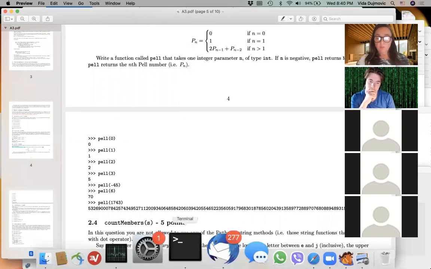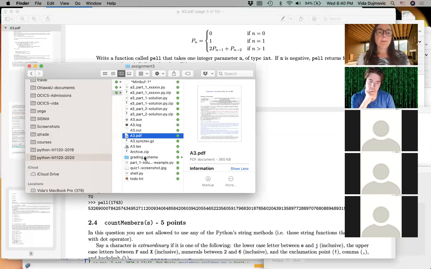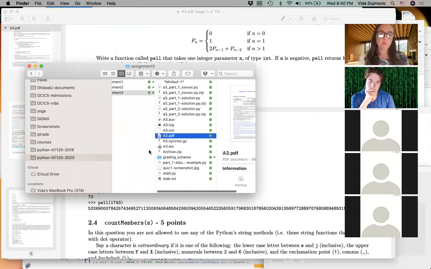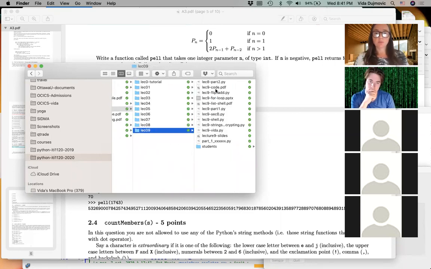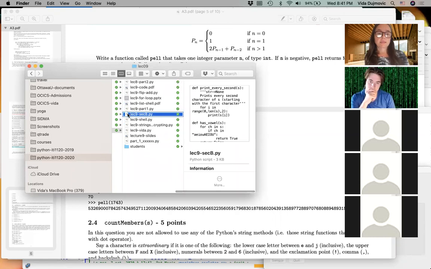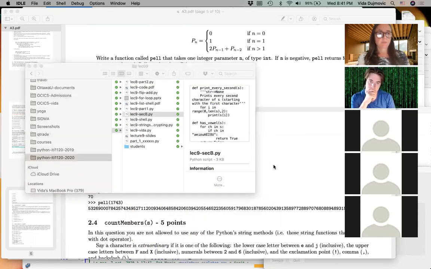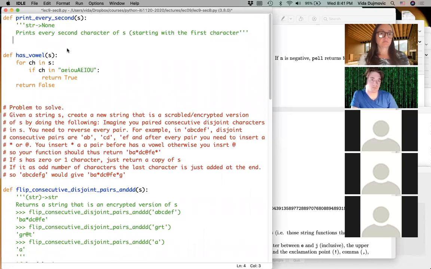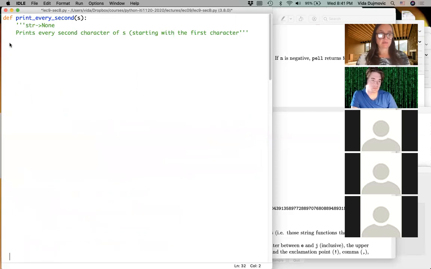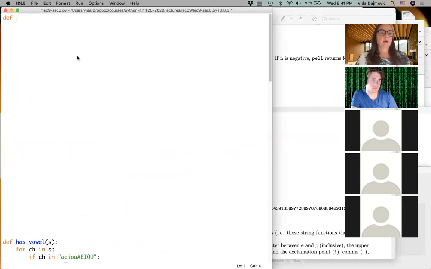Okay, so let me start with, I prepared some code. Lectures 9, section B should be here somewhere. All right. Okay, I'm going to leave this. All right, so I'm going to move this to the bottom such that it doesn't distract us, because that's actually the problem that we're going to solve. But before we do, let's see what are the